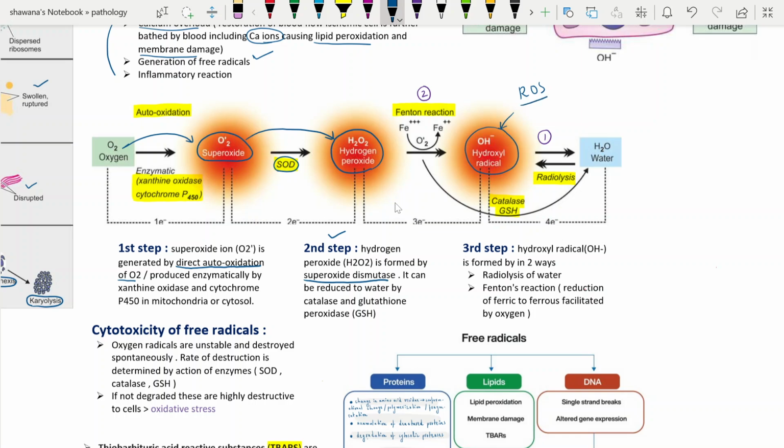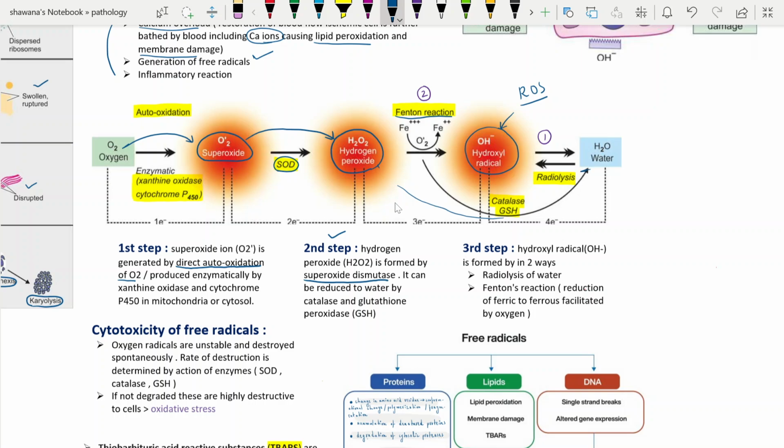It is the most damaging one. It is formed by the Fenton reaction. What is the Fenton reaction? Fe3+ is converted into Fe2+ in the presence of oxygen, and the hydrogen peroxide is converted into the hydroxyl radical. Or the hydrogen peroxide